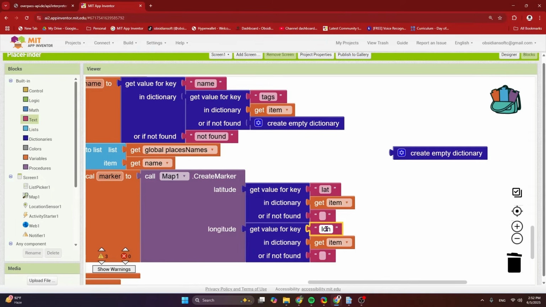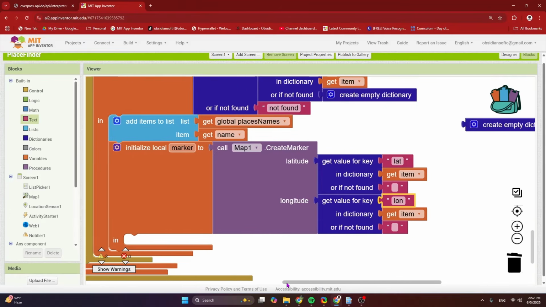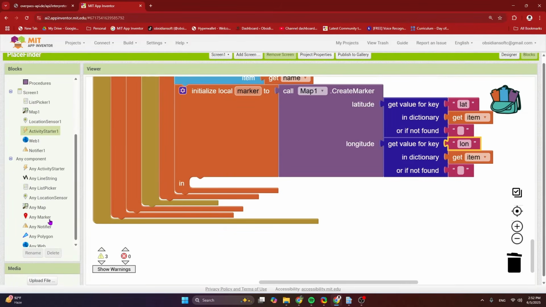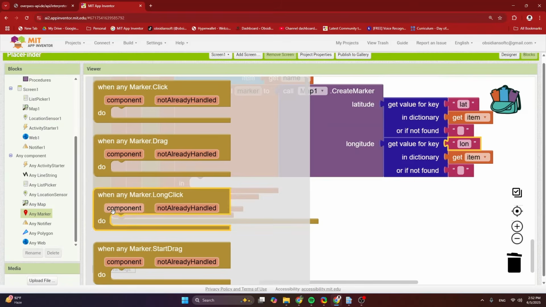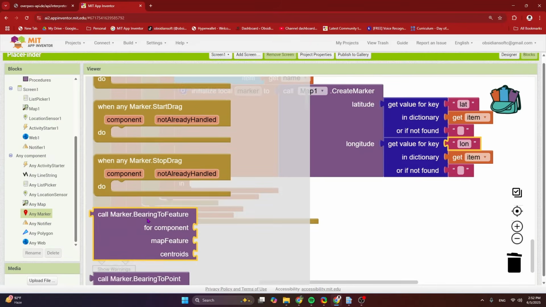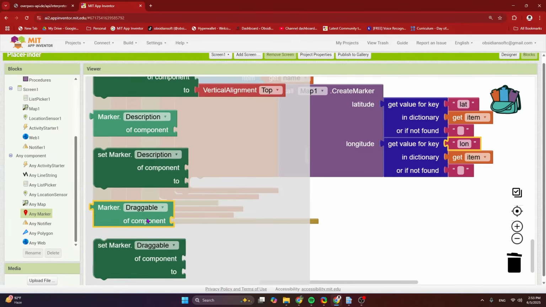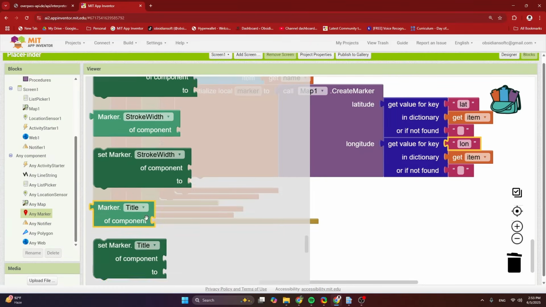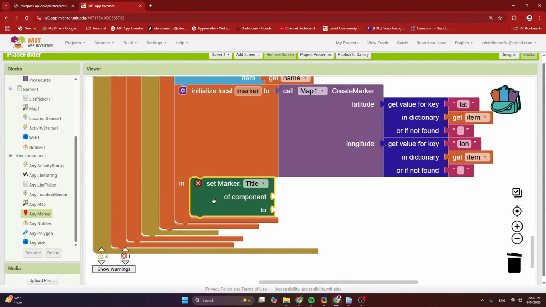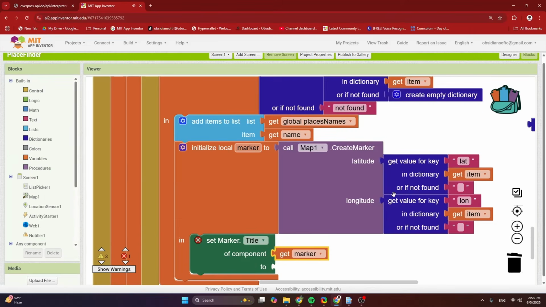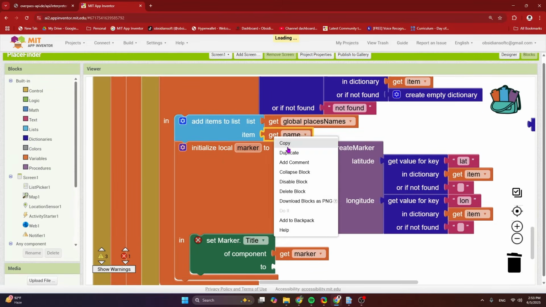Now again, let me reiterate, spellings are very important. I'm now going to use the any marker within the any component blocks to set its title. So set the title of what thing? The marker that we just created, and to what? To our name.